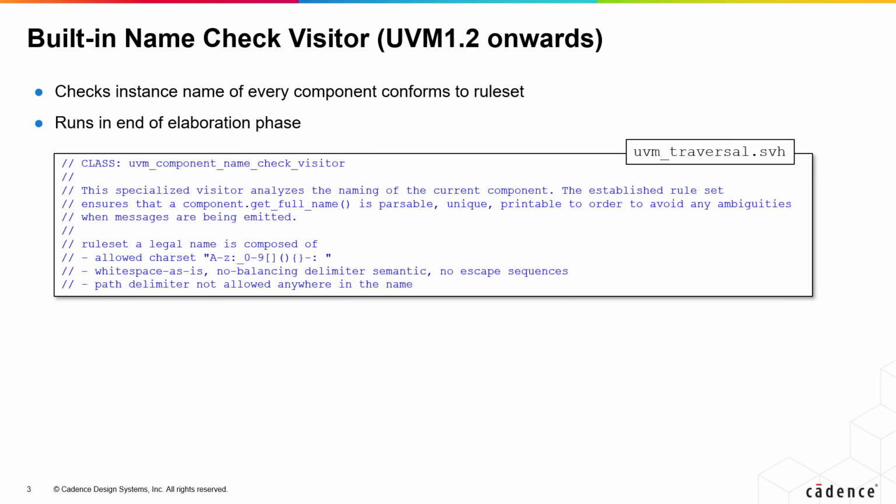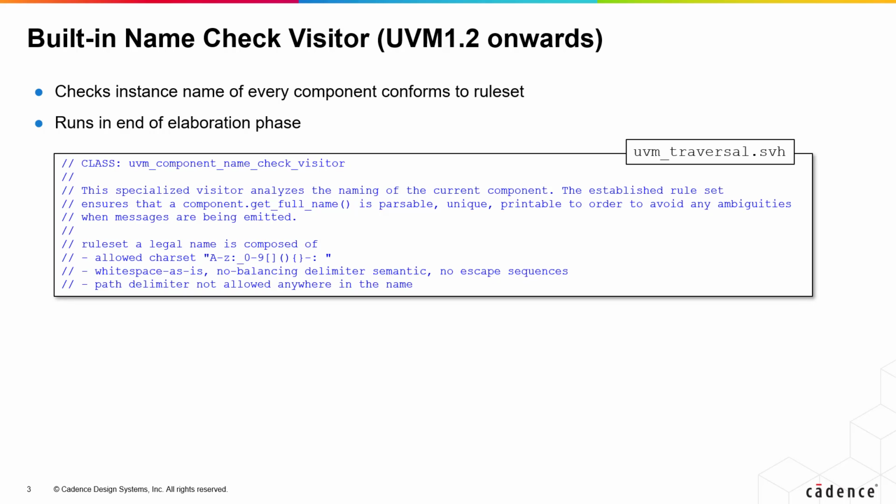As an example, UVM 1.2 onwards has a built-in visitor which checks the instance name of every component. Now, the instance name can be any string, so the value is not checked by the compiler. However, some characters may break UVM functionality if used in an instance name. For example, non-printing characters may break topology prints, and the use of the dot hierarchy delimiter in a name will